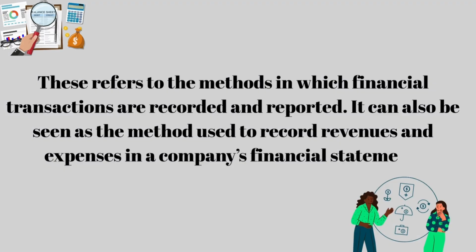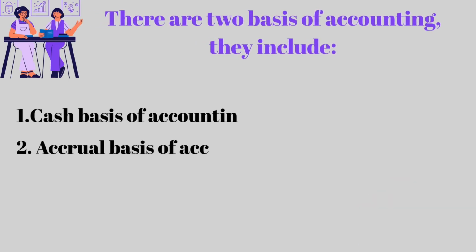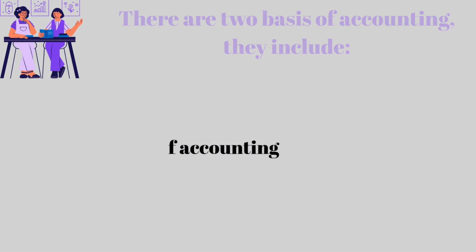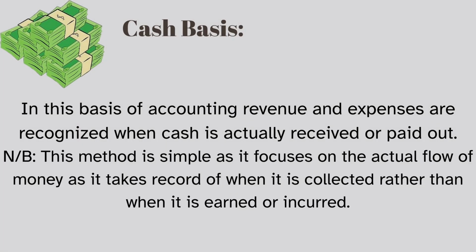So there are two main bases of accounting, and they include one, the cash basis, and two, the accrual basis. So let's begin. One, cash basis. This is a basis of accounting in which revenues and expenses are recorded when cash is actually received or spent. So in this method of accounting, we only record transactions when we receive the money or when we give out